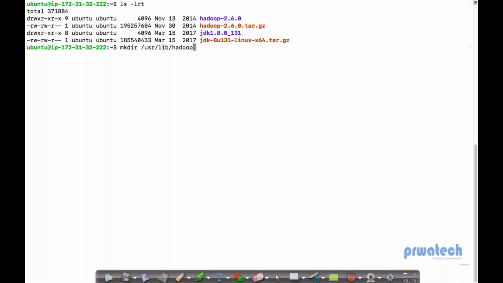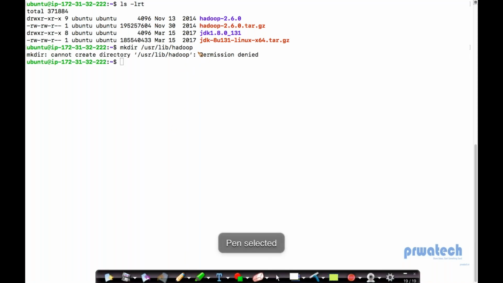Okay, and click enter. When I enter, I did this intentionally for you guys. When I enter, I see access issues. It says permission denied. Now we know the solution. Whenever you get permission denied in Unix, in Hadoop, or in any operating system, there's only one command to the rescue, which is sudo. Sudo stands for super user. So if I type sudo before this command,